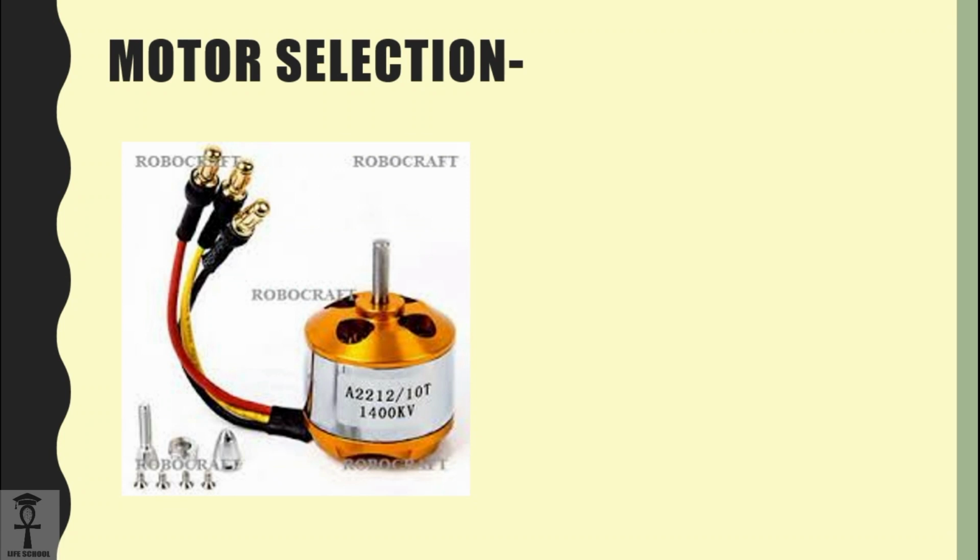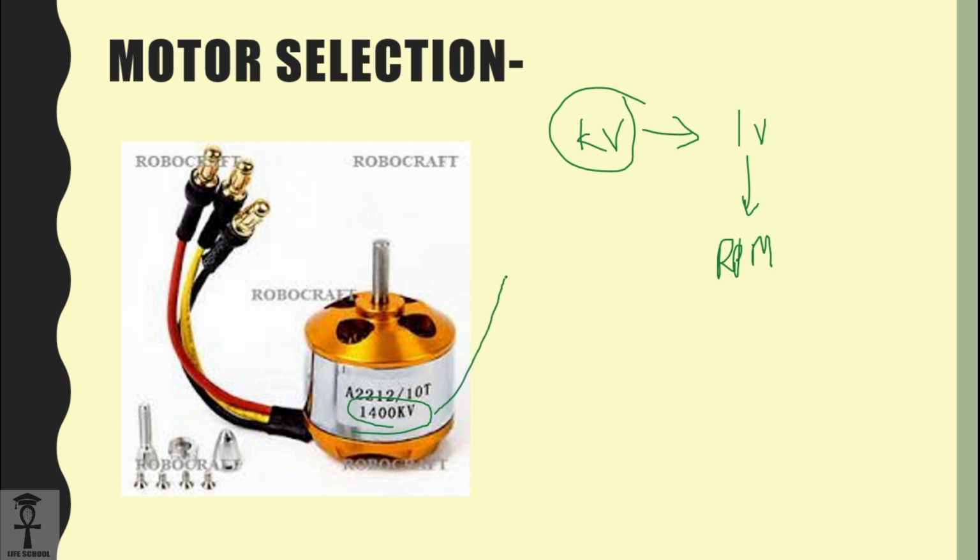So after selecting the prop, the next thing that we're going to do is the selection of the motor. For motor selection, we need to see two things. First, the RPM of the motor, which is written as the kV rating of the motor. So kV means for 1 volt how much RPM the motor is going to give me. As you can see in this picture, there is a 1400 kV motor, which means that the motor is going to rotate